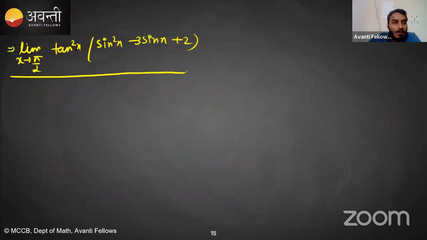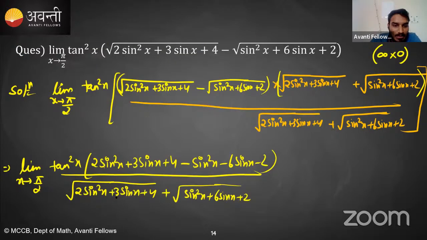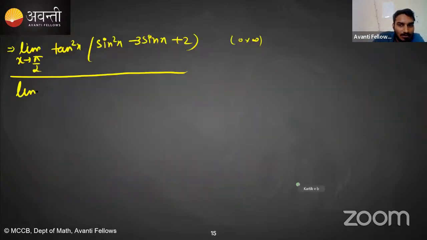Put x is equal to pi by 2. So infinity into again 0. So the numerator is again 0 into infinity, but in the denominator we don't have any indeterminate form, right? Clear? So it means I can separate my numerator and denominator. Is this clear? So this can be written as limit x tending towards pi by 2